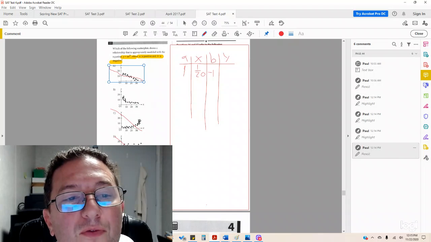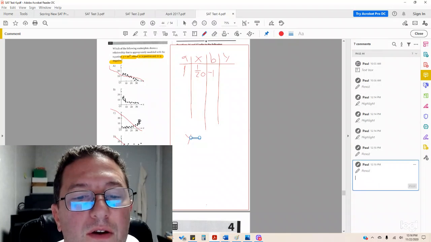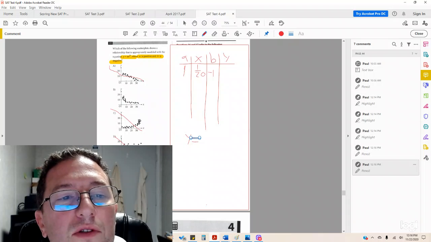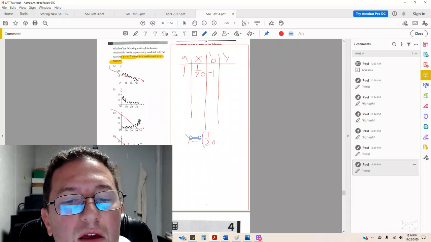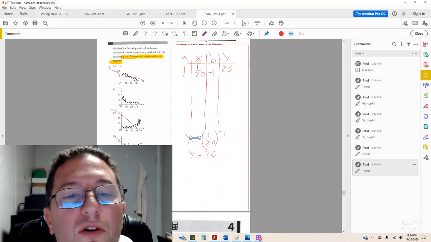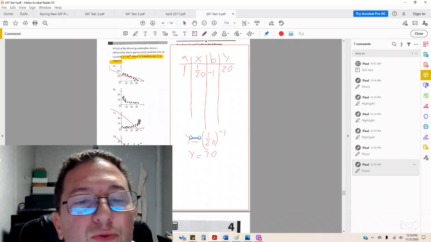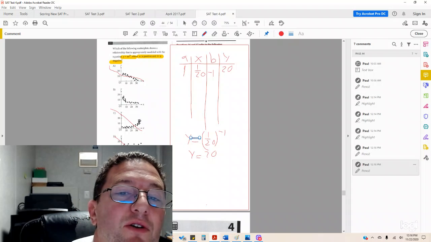So if we set that up in a function to solve for y, we'd have y equals a, which is 1, which we could just forget. 1's not going to change the value at all. So y equals a, which is just 1, times 1/20th to the -1. And if you know negative exponents, a negative exponent is going to flip it. It's going to make y equal 20. So what we're going to get is, if x is really close to 0, then y is going